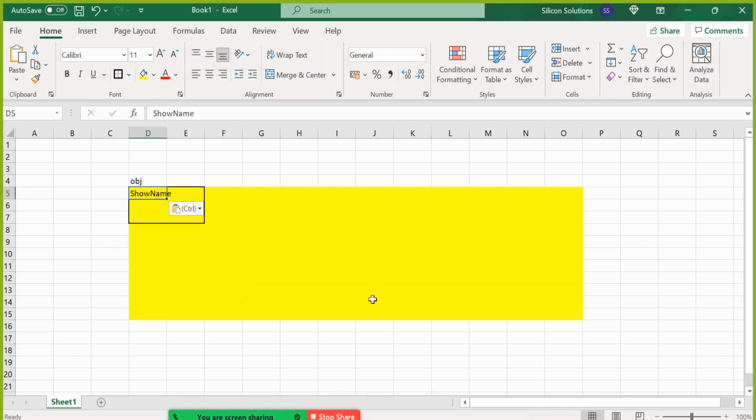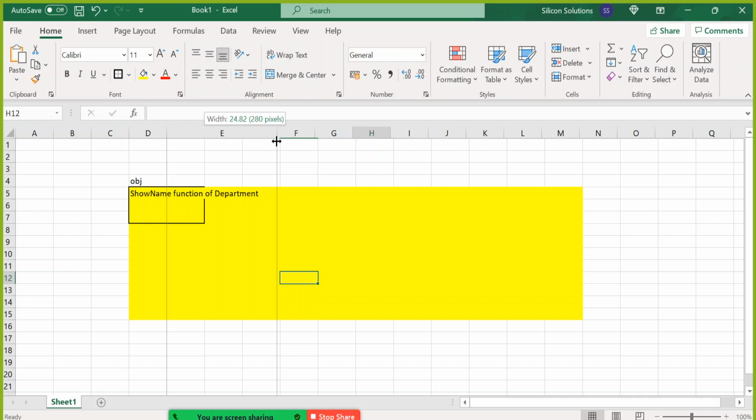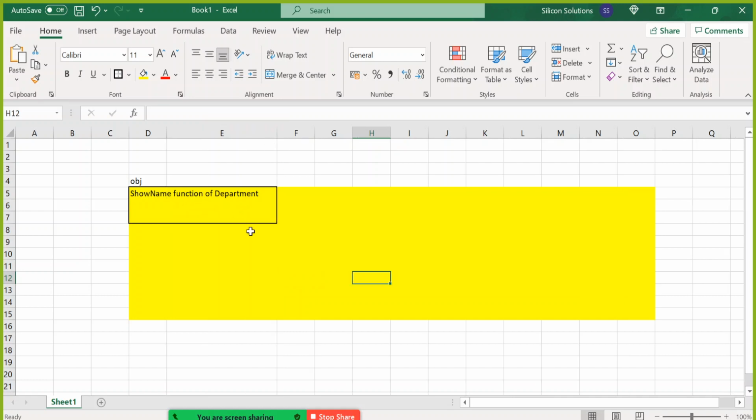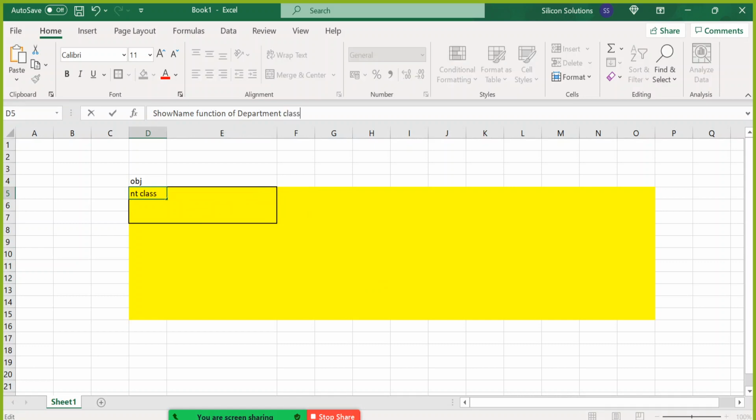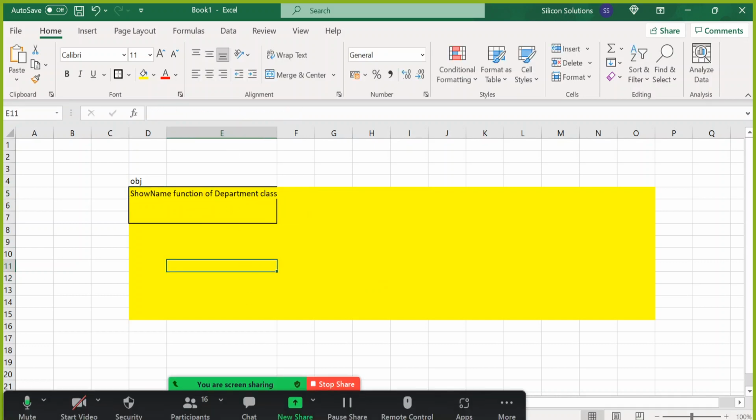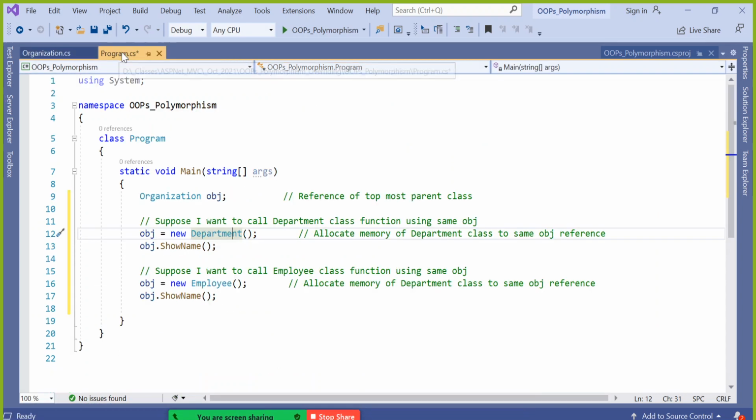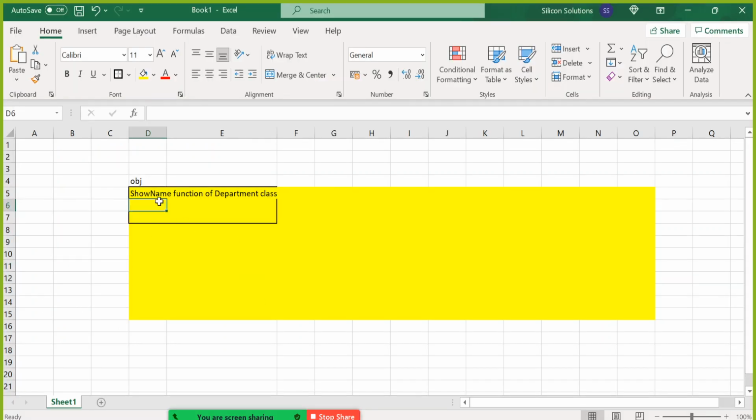So the show name function of department. Nothing else. It will not allocate three functions. It will say I allocated only the show name function of department class, in line number 12, I think. Right? Then if I say obj.showName, it will go to that obj and it will see